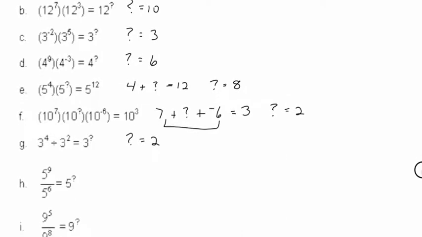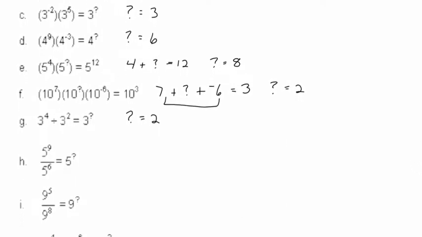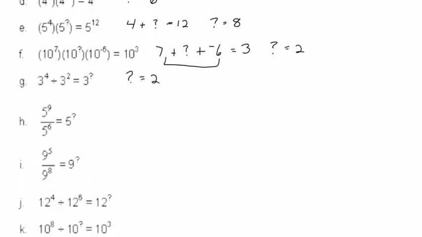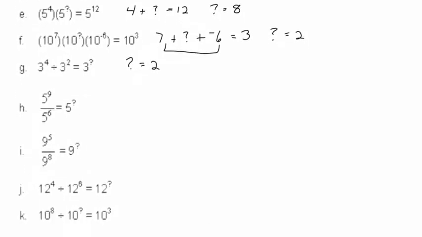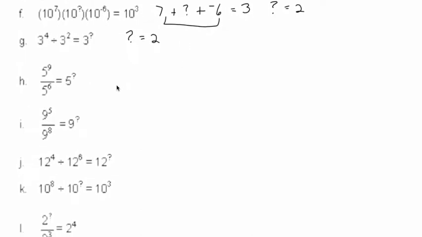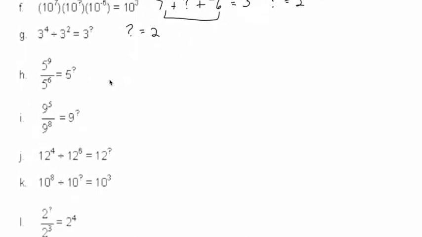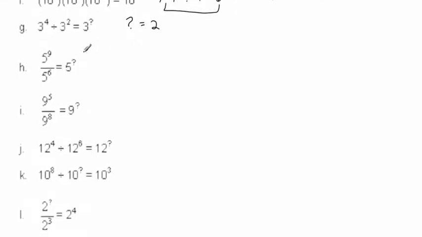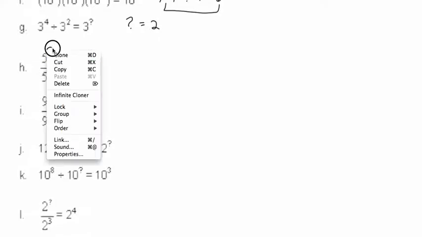H. This time the division is in a fraction. So we always do top minus bottom, or we can look at which exponent is larger and then make sure that in our answer it's that particular part of the fraction where we leave our power. So in this problem, I have 5 to the 9th divided by 5 to the 6th. So I'm going to subtract the 9 minus the 6 and get 5 to the 3rd. Since this exponent right here is